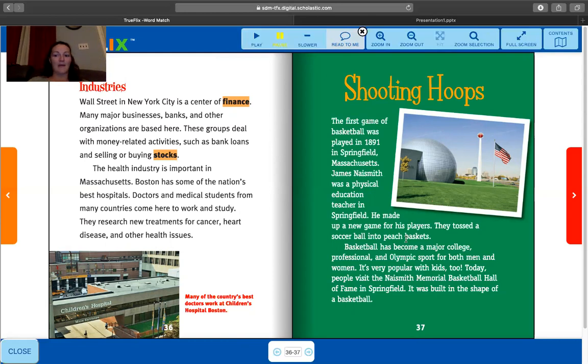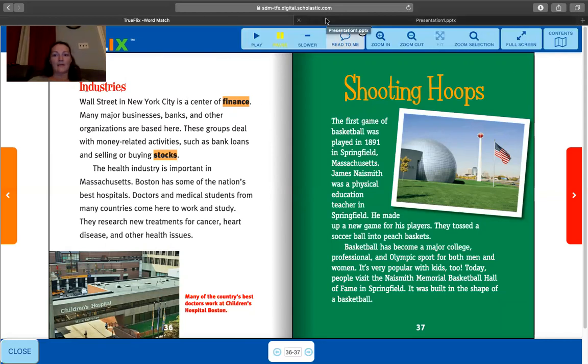Basketball has become a major college, professional, and Olympic sport for both men and women. It's very popular with kids too. Today, people visit the Naismith Memorial Basketball Hall of Fame in Springfield. It was built in the shape of a basketball. It's a fun fact. All right, so we're going to stop there with the text, and then we're going to